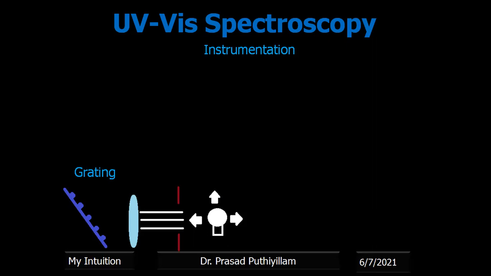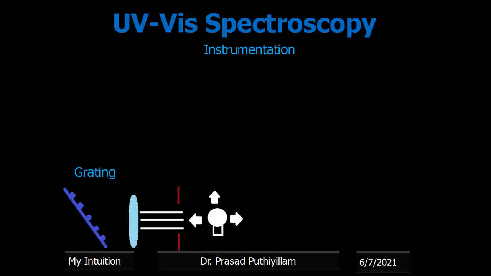A grating, we can even use a mirror also, but it should have prisms. So a grating contains a large number of prisms attached in a particular manner, so that this light, which is visible light or UV light, is not having color as such, or it is a mixture of all the wavelengths mixed together. Therefore, it appears as white light to us.